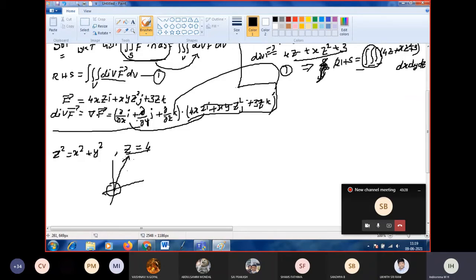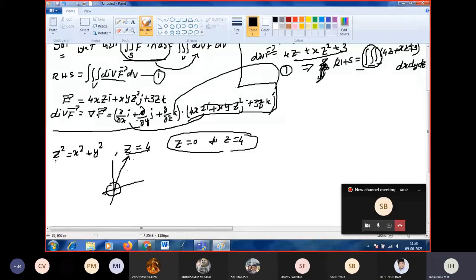Since it is in 3 dimensions, it is very difficult for me to write the plane z equal to 4. So z varies from 0. We are taking above the xy plane, starting with 0, to z equal to 4. Okay, z varies from z equal to 0 to z equal to 4. This is the z variation they are given. We have to imagine that plane above. So now we got the z variation. Next we have to find out the x and y variation.